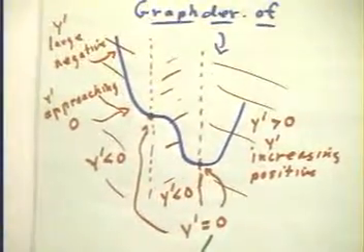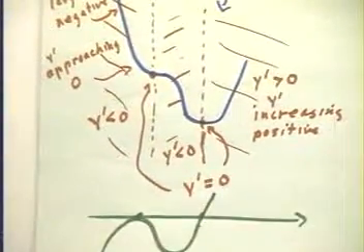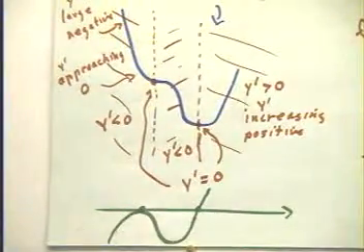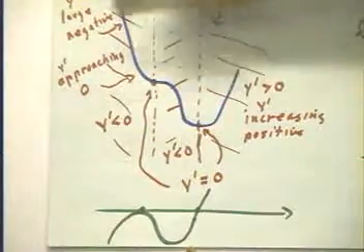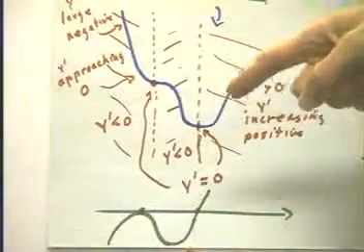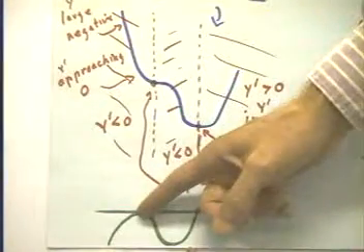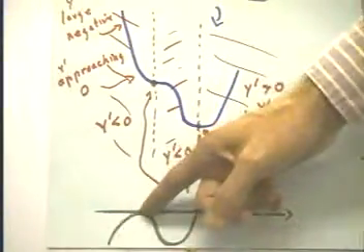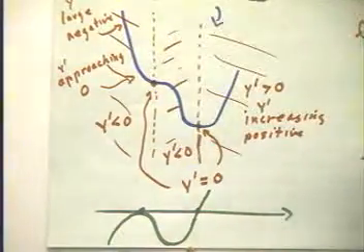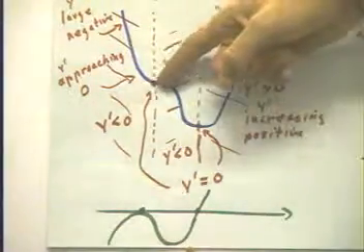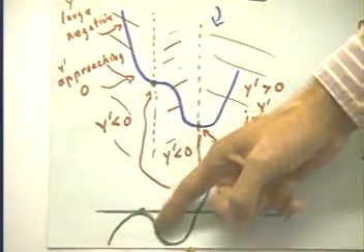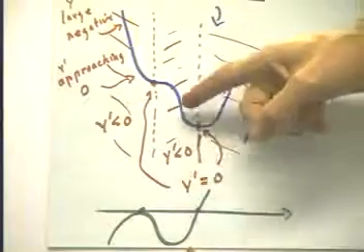If we're going to graph that behavior, the graph is going to look something like this. We start with a large negative y prime. There's a large negative directly below this point. We reach 0. Well, here's 0. We come up and gradually approach 0 as the slope of this function gradually approaches 0. Then we go into negative numbers gradually, then more and more rapidly. Then we level off